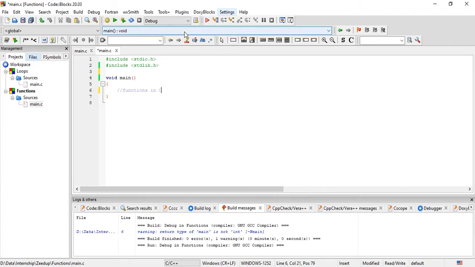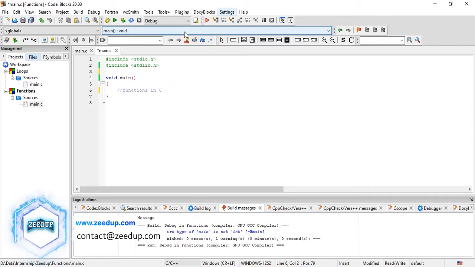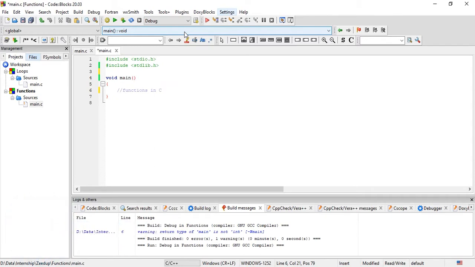In the previous video, we saw how we can create functions in C. We took a look at two types of functions, the ones which were declared inside the main and the ones which were declared outside the main. In this video, we will see how we can declare functions which first of all are returning some value. That is, we are not going to declare void type of functions. We are going to declare functions with integer return type, and then we are going to see how we can pass arguments into a function. So these are the two things that we are going to see in this video, and let us start.